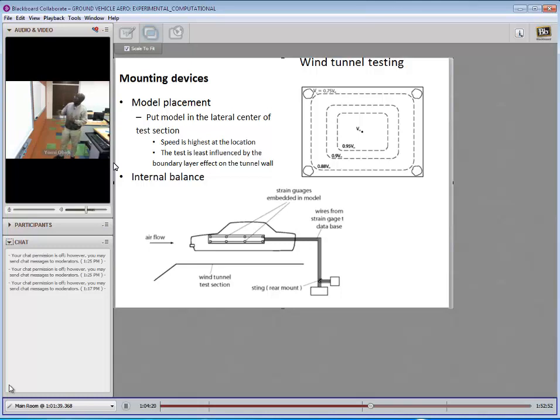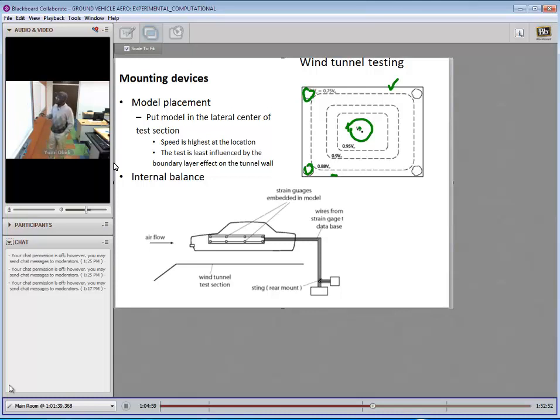Now, the diagram that you have here is a cross section of the wind tunnel test section. What has been found is that this is the free stream, the highest speed in the wind tunnel, the speed in the test section when the object is placed right in the middle. This is the speed variation as you go from the wall, the boundary of the test section, to the center, and you have pockets here of